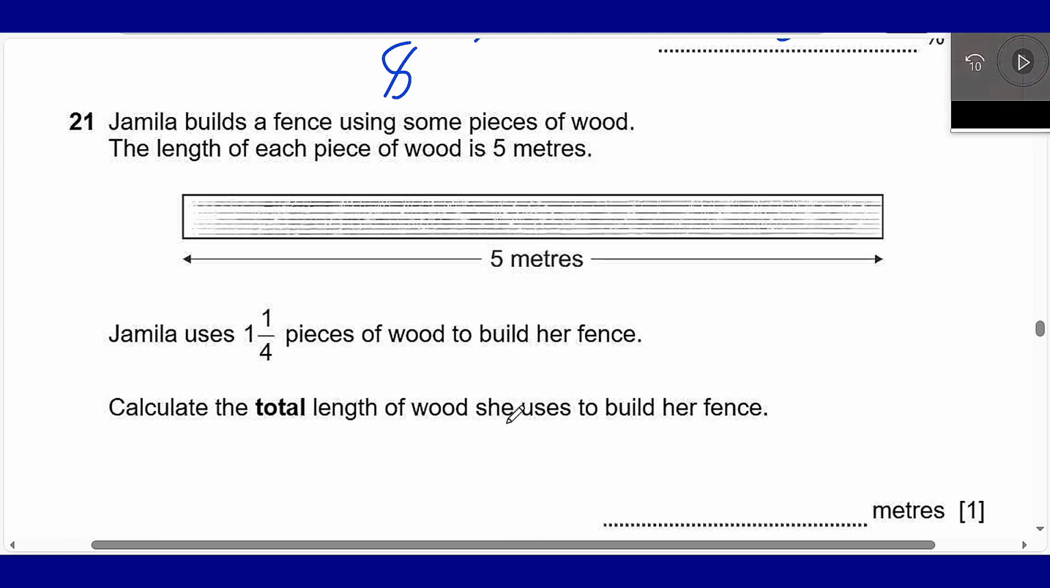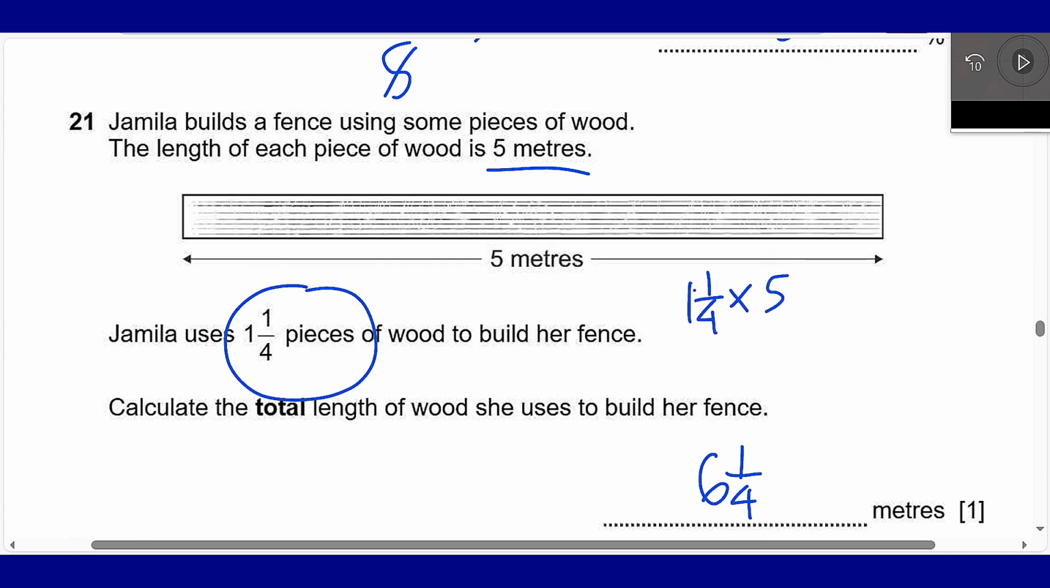Okay, let's check out the answer. Well, it's 6 1/4. How does it work? There are 1/4 pieces, so one piece is 5 meters. So we just have to multiply 1/4 times 5, and first we have to make this into an improper fraction. 4 times 1 is 4, 4 plus 1 is 5, so 5/4 times 5. Now for this we have to do 5 times 5, 4 times 1, so 25/4, and then when we divide